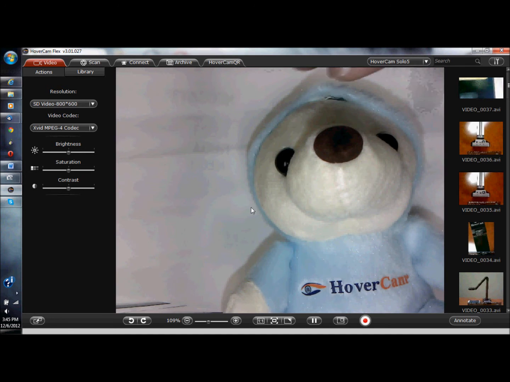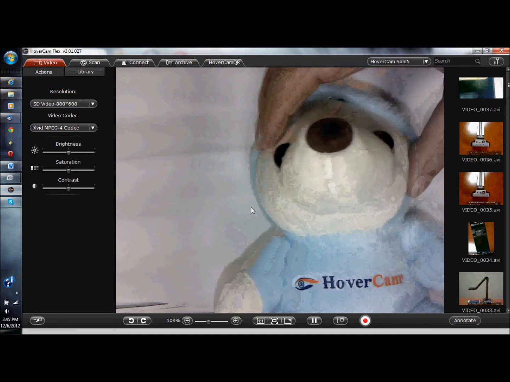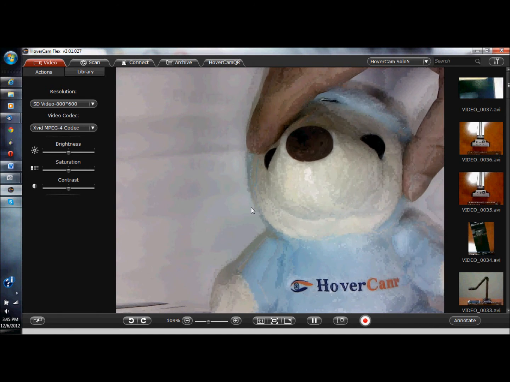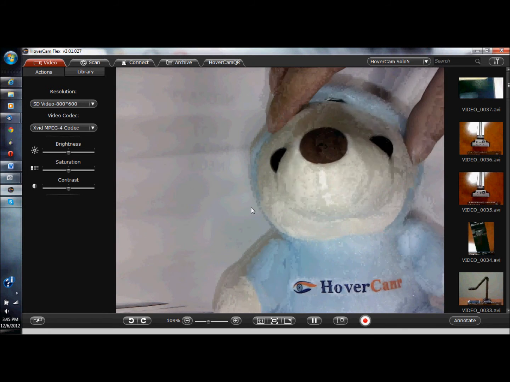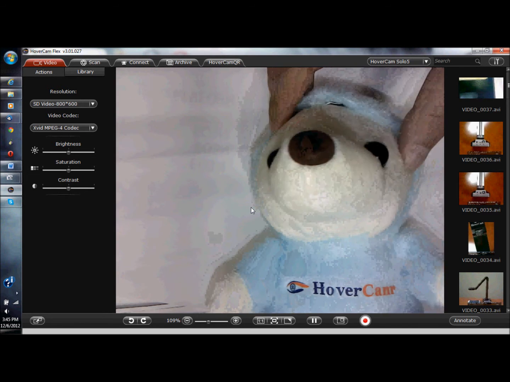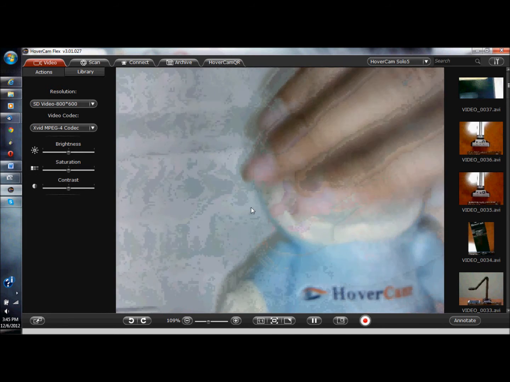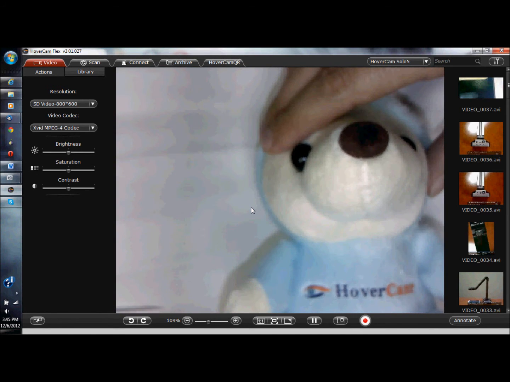Now you might notice underneath the camera I got a bear. I got a 3D object. So it's not just documents that can be scanned. It's really anything. You can scan a rock or dissection frog, something along those lines. And the Solo 5 also auto focuses. So I don't know if you can notice that, but as I move in and out of the camera area,